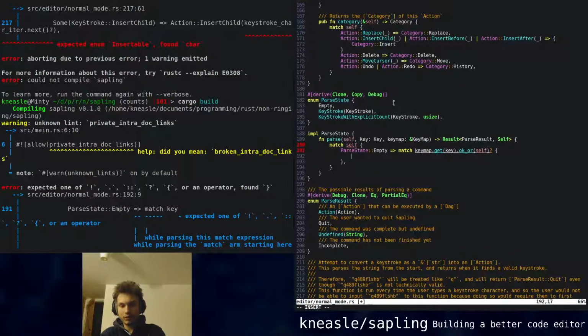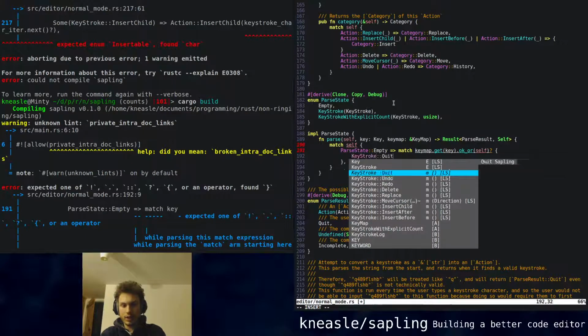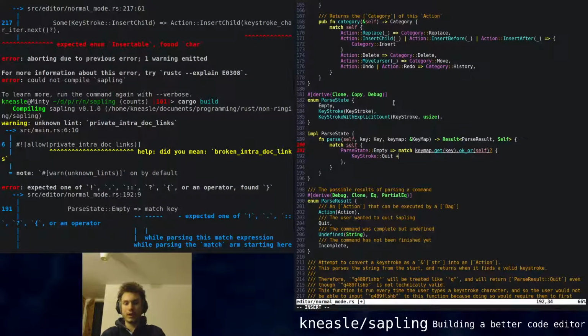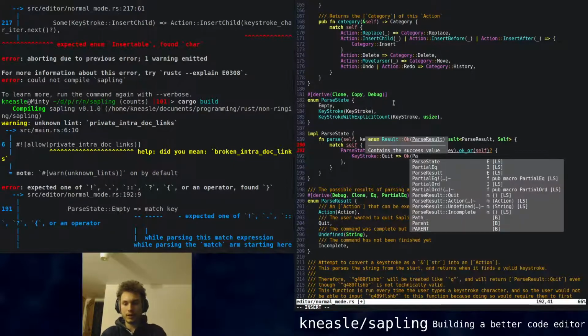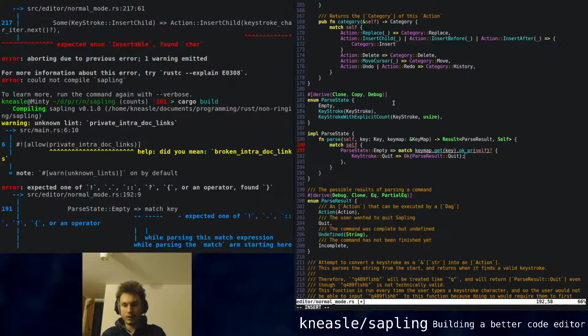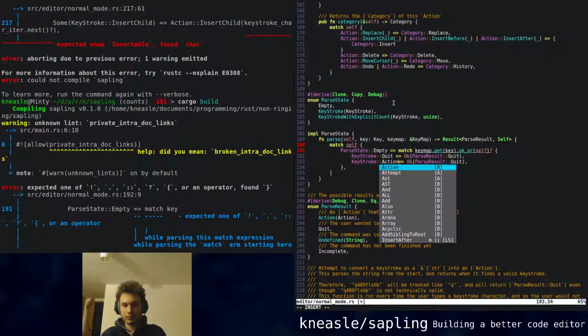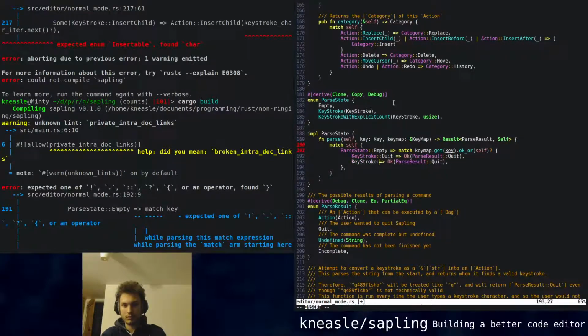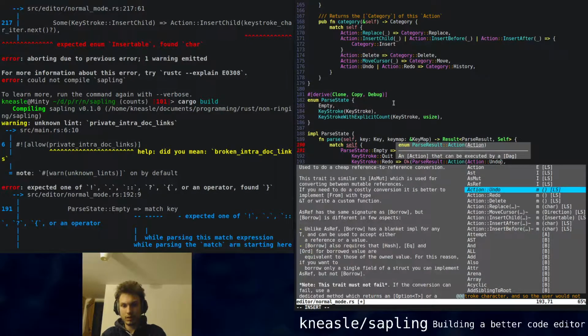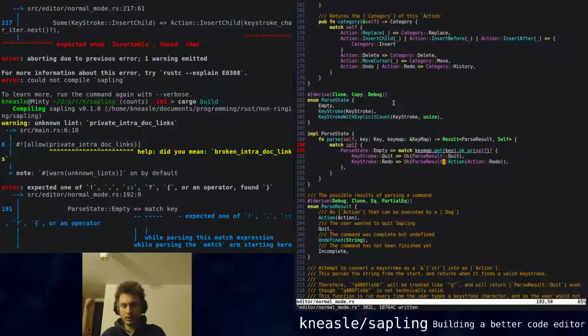So what does keymap return? It returns a keystroke, doesn't it? So quit is simply okay parse state quit. Anyone who finds a better way of doing this is welcome. Oh, this is action redo. There must be a more elegant way of doing this that keeps the type safety of